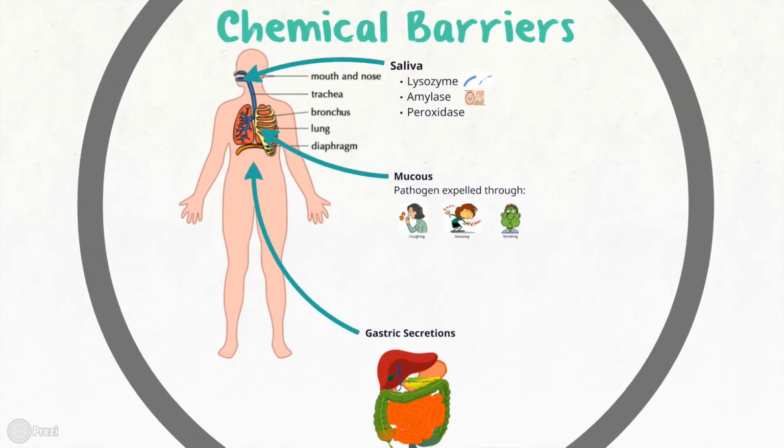Aside from the physical barriers, our body has many chemical barriers in place to eliminate foreign substances before they become harmful. Chemical barriers are not localized to one part of the body, since pathogens can enter from many different routes and evade or get past immune mechanisms to travel further into the body. Examples of chemical barriers include saliva, mucus, and gastric or digestive acid. Similar to what we discussed earlier, these fluids contain various AMPs that work together to protect the body from invading